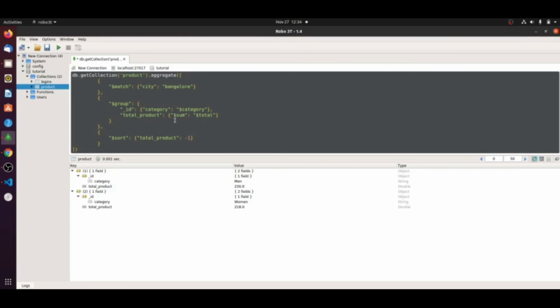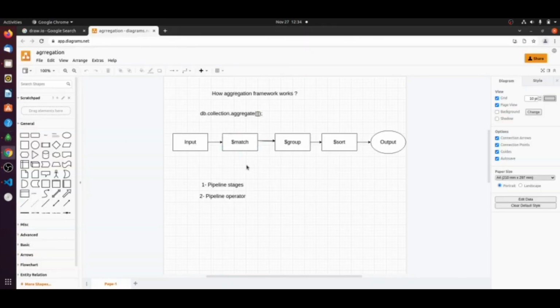Let's say you have some embedded document. This is the best framework to fetch the records from your MongoDB document, right? In this session we just saw how the aggregation framework works, and I have also given 1 or 2 examples and shown you how it works and what the pipeline stages are. I also told you about the pipeline operator.